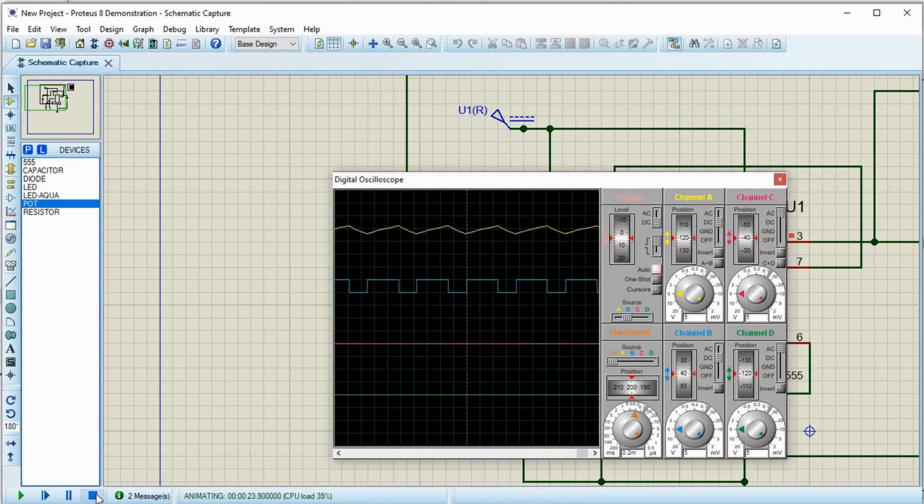Now let's look at monostable. So now let's see how a 555 timer can be set up to work in a monostable operation. In a monostable operation, the output is not oscillating continuously like how it was in a astable. Here the output will be low. Then once you provide a trigger, it becomes high and continues to be high based on your RC time, and then it will turn off and continue to be off until the next trigger is received. Once it receives the next trigger, it will go high again, stay high for certain duration and turn off. So this is how it will work in a monostable operation.